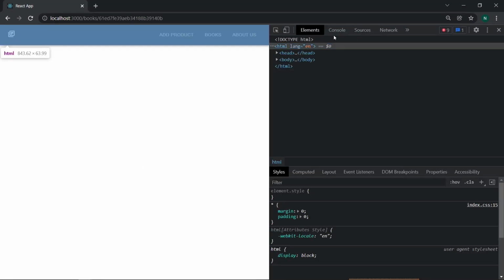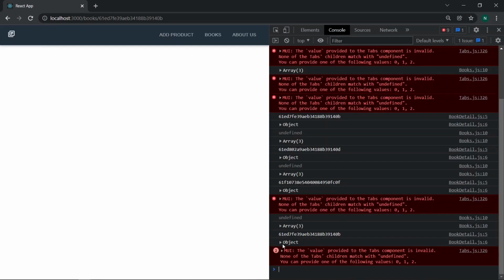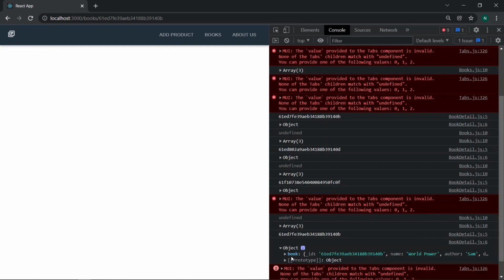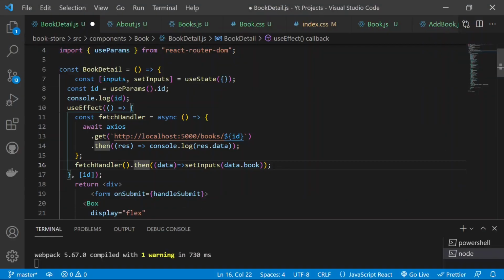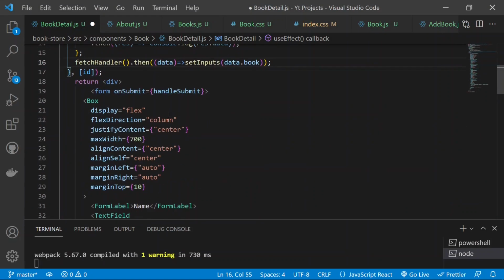So if I now go to the console and check, you will see we are now getting the object with the book, and the book object has the author, available, description, image, and everything. So then we can just add data.book. So if I save, and if I get all of the things,